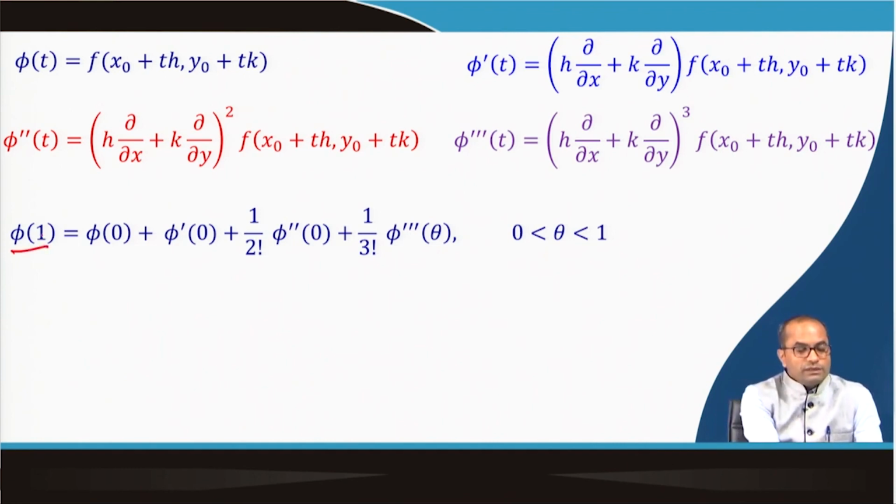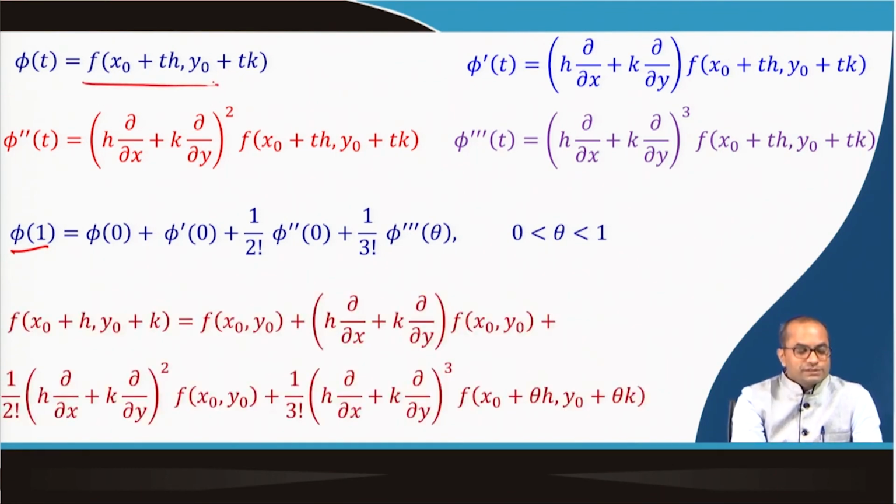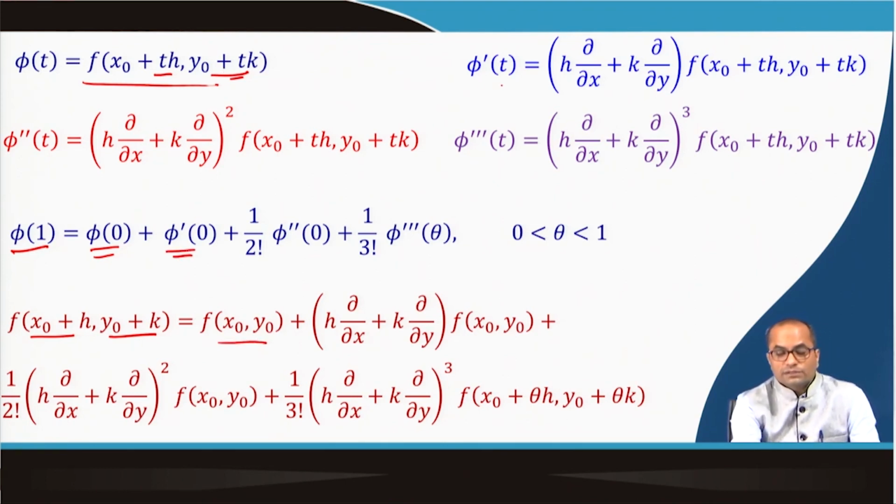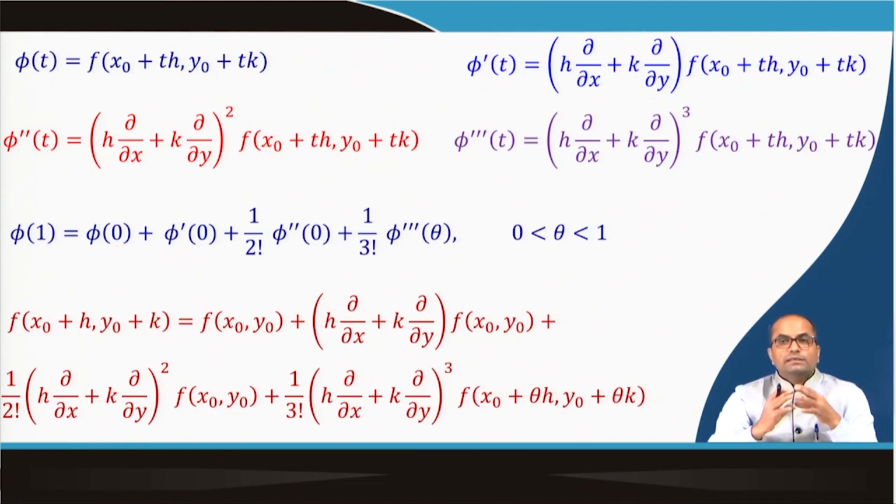So, what will be phi 1? Phi 1 will be f of x 0 plus h and y 0 plus k. From here t will be just 1. Now, phi 0 will be f of x 0, y 0. Now, the derivative at 0, so this is the first derivative, and when t is 0, this term will not be there. So, this will be like f at x naught y naught. Similarly, the second order derivative at x naught y naught and so on, and this is precisely the Taylor's theorem